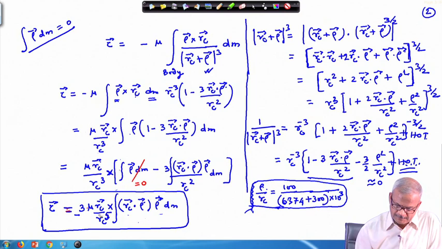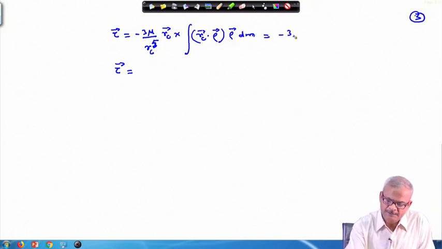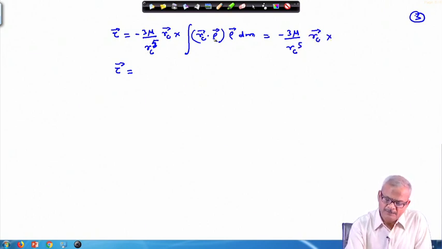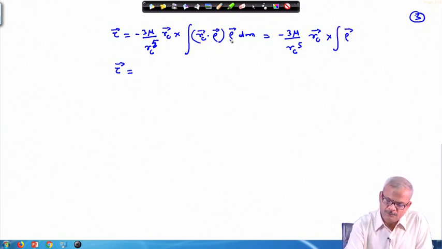So, this previous equation we have copied here in this place. Now, this particular equation can be rewritten as 3 mu by Rc^5 Rc cross, and if you look here in this place we can flip this. We can write this rho, because this whole thing is a scalar, so this rho can be brought in front, and moreover this is a dot product. So, either it is in this place or in this place, it does not matter. So, we can change the order of this. If we change, we can write it like this, this is dm,